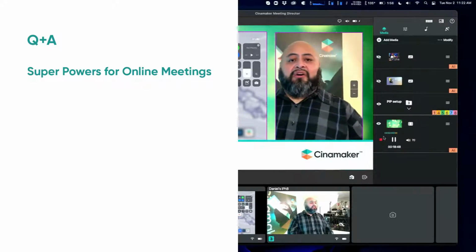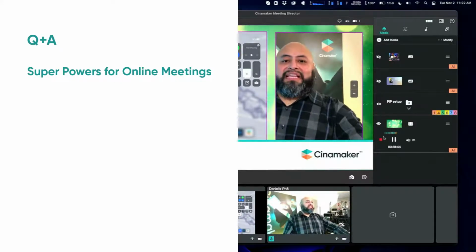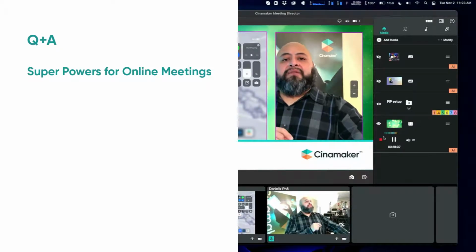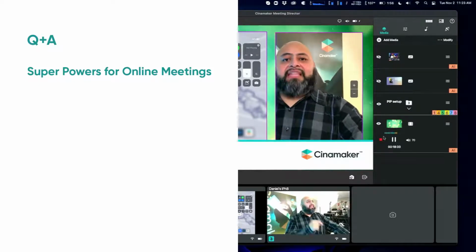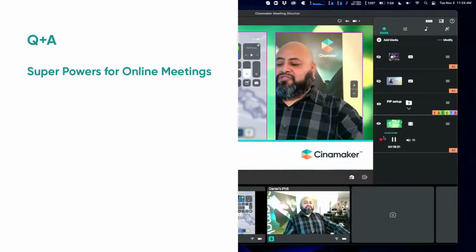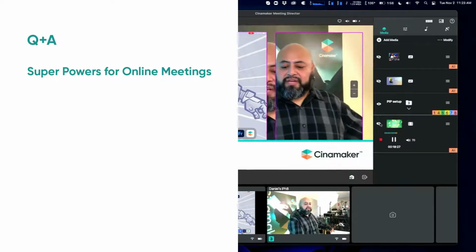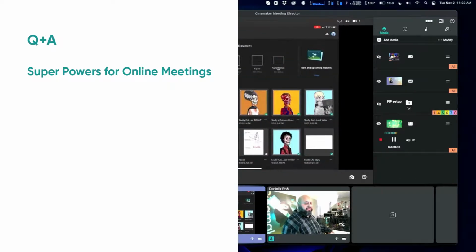Once you click and hold that record button for a second or two, you'll see a menu pop up. That's when you select Cin.io and then click on Start Broadcast. As soon as you do that, Cinemaker Capture starts working and you'll see the iPad pop in your Cinemaker Meeting Director. At that point, now you can share